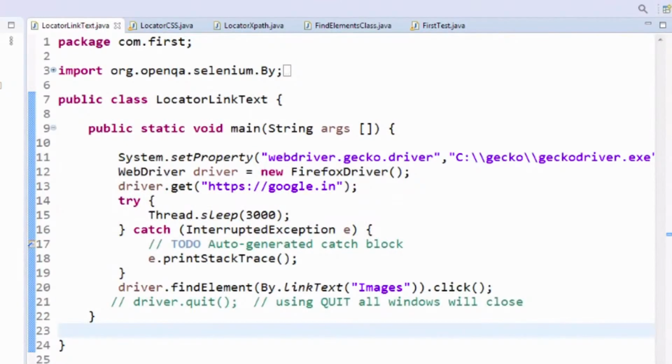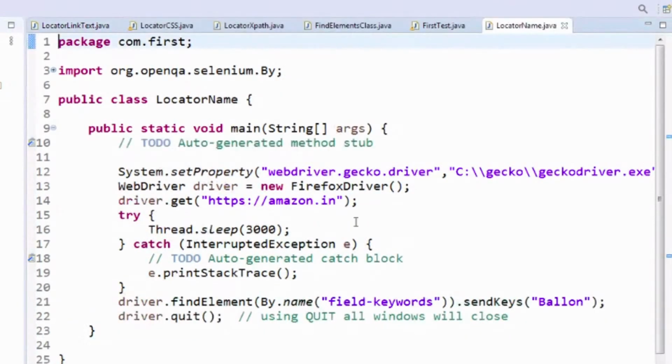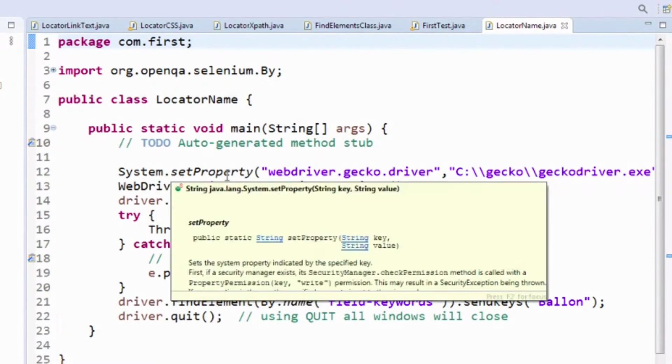And we have also discussed the name thing, because on Facebook.com, the ID is changing on every refresh. ID is getting a dynamic value from the backend. So we used the name property of the input tag to click on the login button. This is the same kind of use case I have written here.